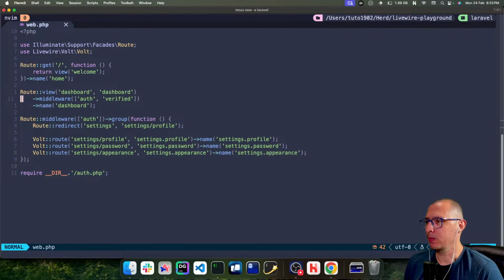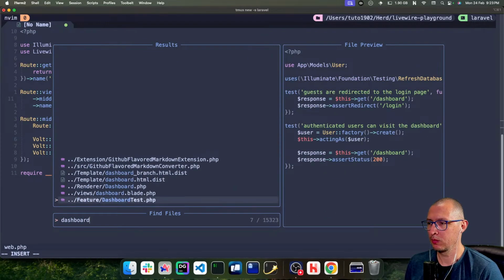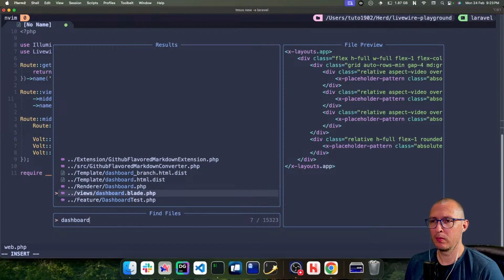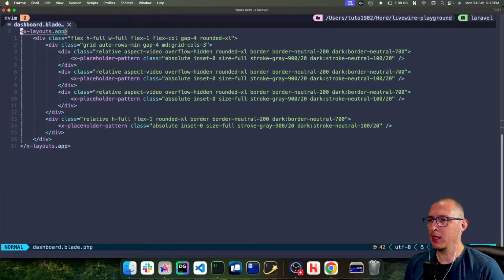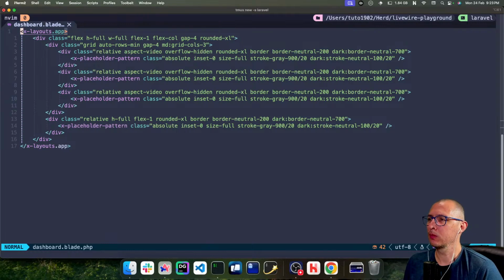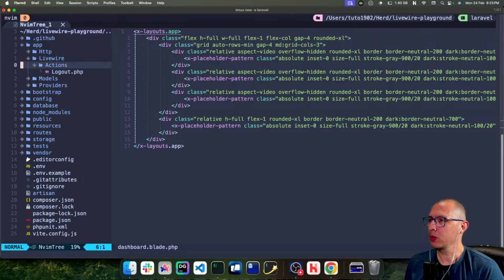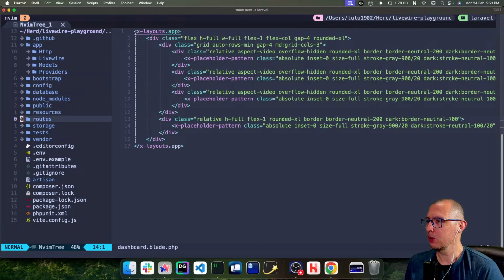Let me take a look at that. Yeah, the dashboard itself is not really a component, it's just a layout with HTML. Components, we have just one for logout, and the rest is just Volt,